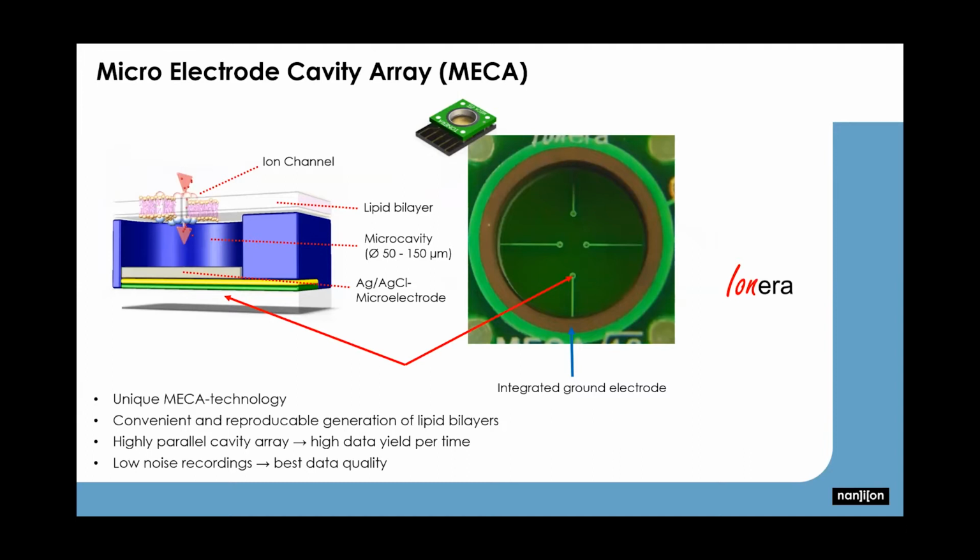And on the surface of these chips, you would find cylindrical cavities that you would basically span with a lipid bilayer. I will show on the next slide how this is actually done. And the bottom of these cavities would be the driven electrode for each channel. And they share a common ground electrode, which is the rim of the chip. And of note, the chip is its own recording chamber. So for one target, you could use one chip and never have to deal with cross-contamination. These chips can be used several times for several experiments, and they are very robust and easy to clean.